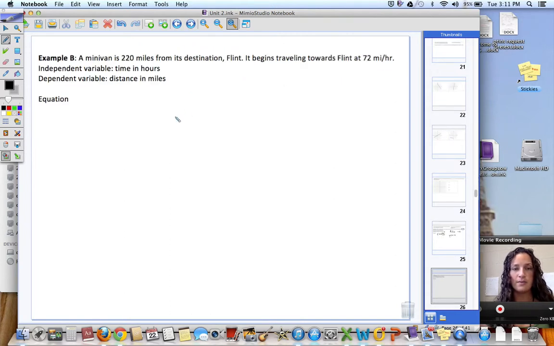All right, here, a minivan is 220 miles from its destination, Flint. It begins traveling towards Flint at 72 miles an hour. So we said that our independent variable is our time, our dependent variable is our distance. So remember, we want y equals mx plus b here, because we have an independent and a dependent. So I am starting 220 miles away. So, if I'm starting here, here's 0, here's 220. So I'm starting 220 miles away. So y equals,